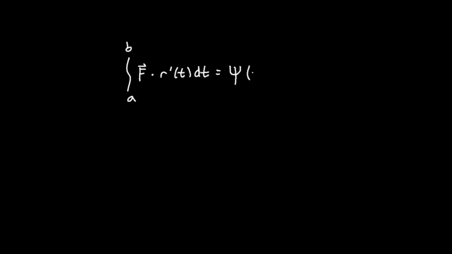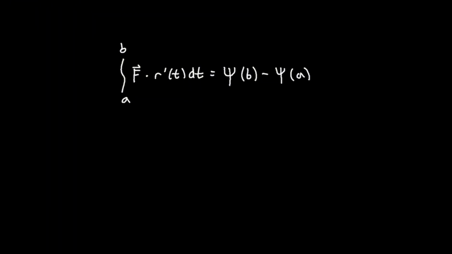So you have a potential function. This is called the potential function, psi. You might see it as little f as well, as the vector field is represented by capital F. But I'm going to be using psi for the Greek alphabet here. And this potential function has specific conditions in which you can actually apply this theorem. These specific conditions are